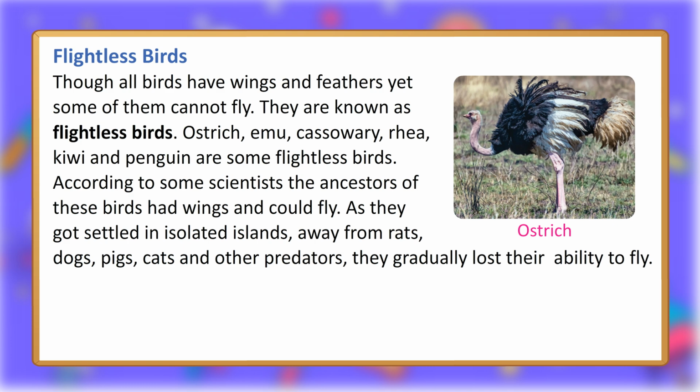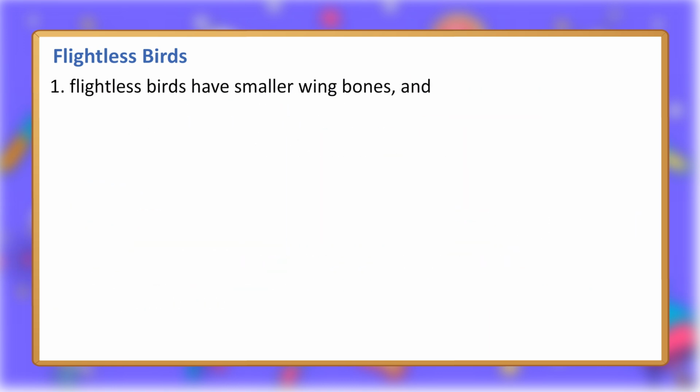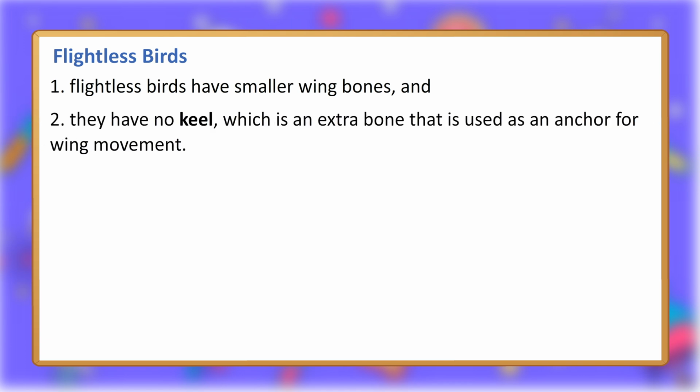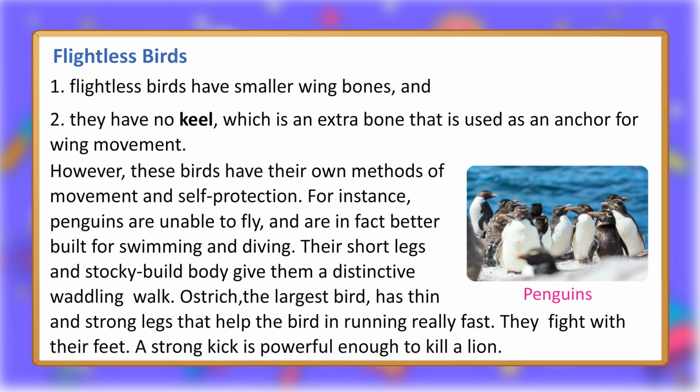ability to fly. Ostrich. The two major differences in the physical appearance of birds that can and that cannot fly are: Flightless birds have smaller wing bones, and though they have no keel, which is an extra bone that is used as an anchor for wing movement. However, these birds have their own methods of movement and